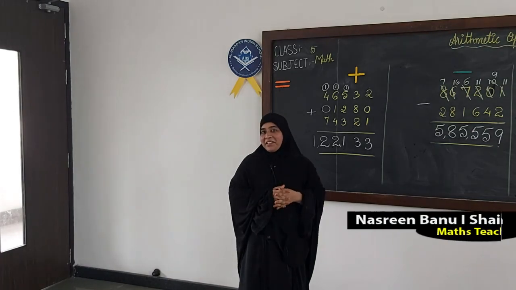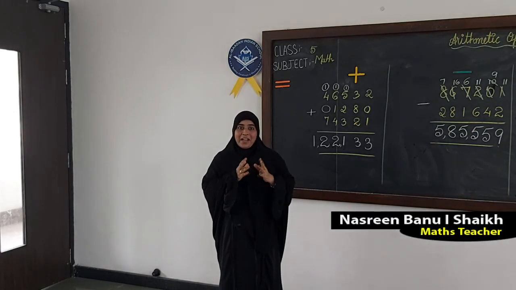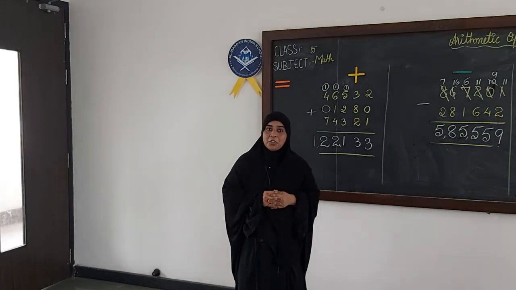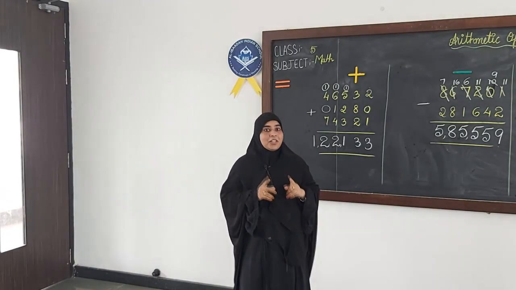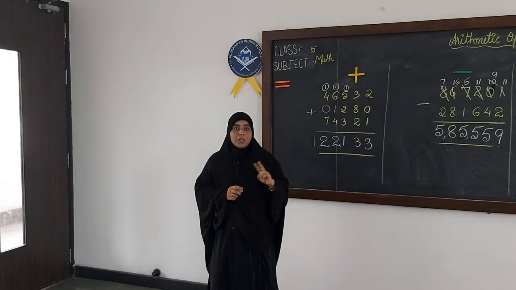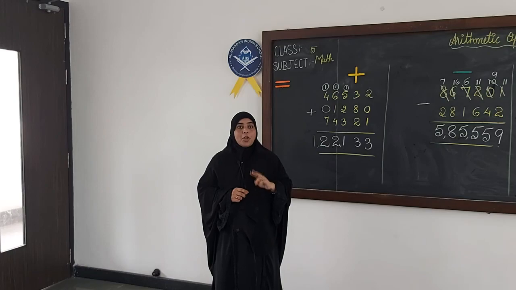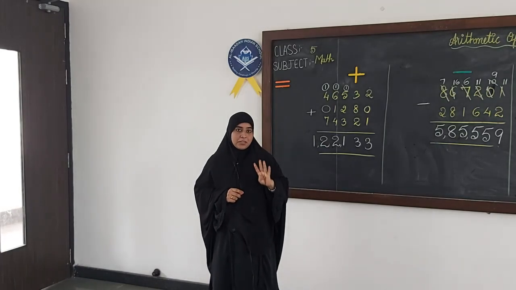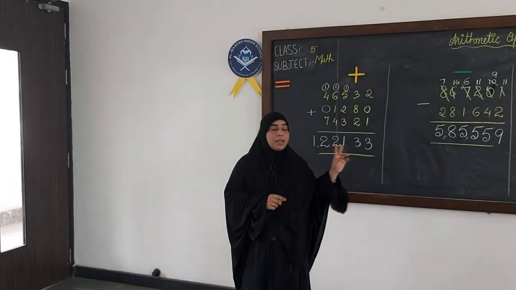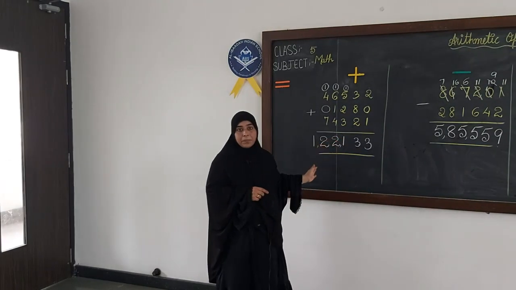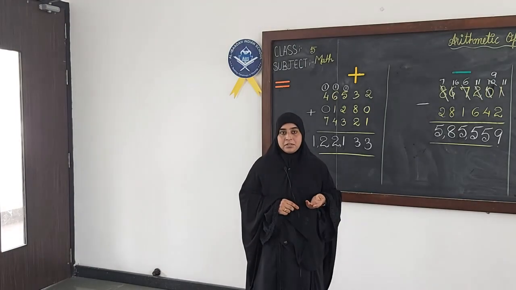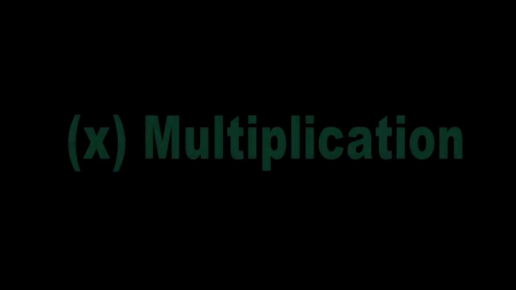I am back again with our next video and our topic is the same. What was our topic which we discussed in our previous video? It was arithmetic operations. And how many operations did we discuss? Two, addition and subtraction. In total we had 4 operations to do. Out of that we have done 2 operations, addition and subtraction. Today we are going to go ahead with our third operation, that is multiplication.